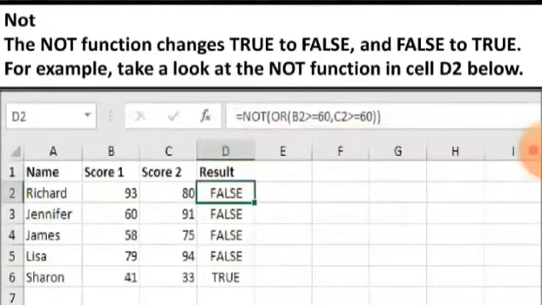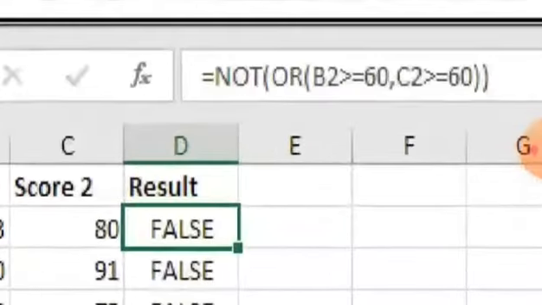NOT function. The NOT function changes true to false and false to true. It means the result of the logical NOT function is the opposite of the actual result. For example, take a look at the NOT function in cell D2 below. You can see the function =NOT(OR(B2>=60, C2>=60)).